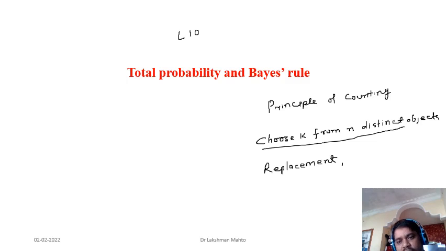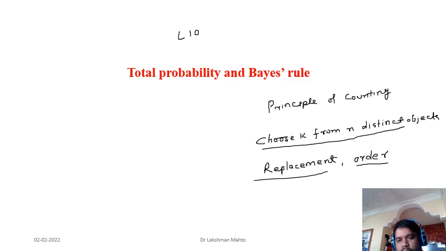The difference between permutation and combination is that permutation deals with order. Order is very much essential, order is material in permutation. But in combination you are just choosing k objects. We don't see the order among the k objects. We are just choosing k objects from n distinct objects, and we never see in which order you take them. But when we do permutation, we always focus on order. So always two properties: one is replacement, another one is order.